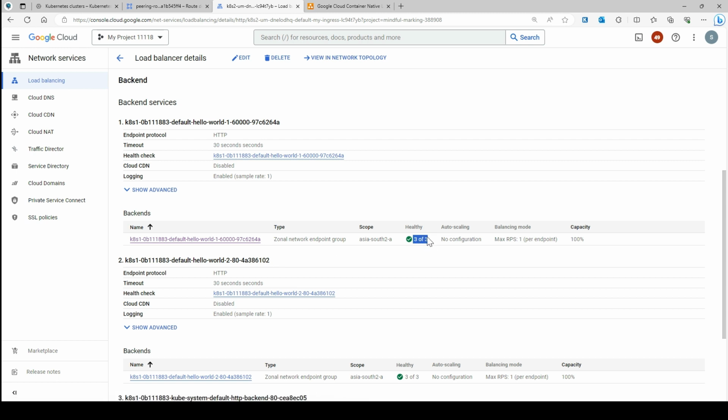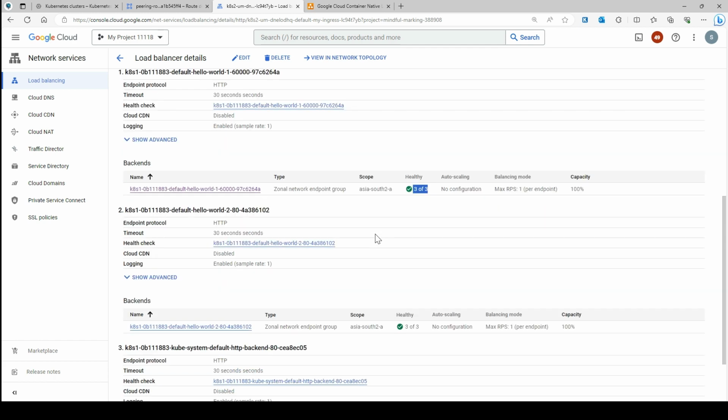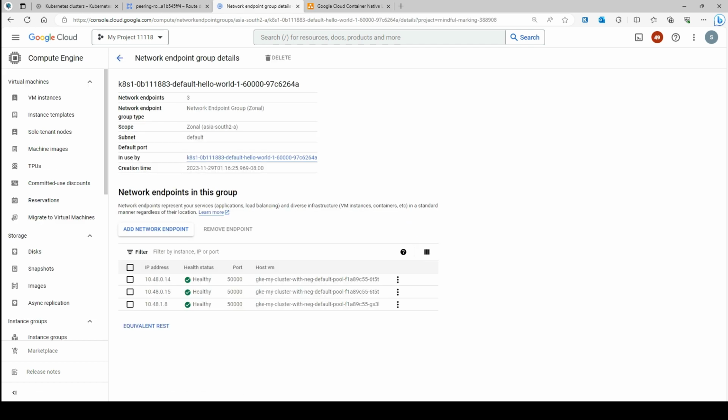So we have 3 pods, right? We have 3 pods running on hello world 1 and 3 pods running on hello world 2, right? So I'll show you both. So if you see this 3 of 3, if you just click on here, I can see this is the endpoint group and these are the endpoints. Remember that these endpoints are a combination of the IPs and ports of the pods, right? So if I